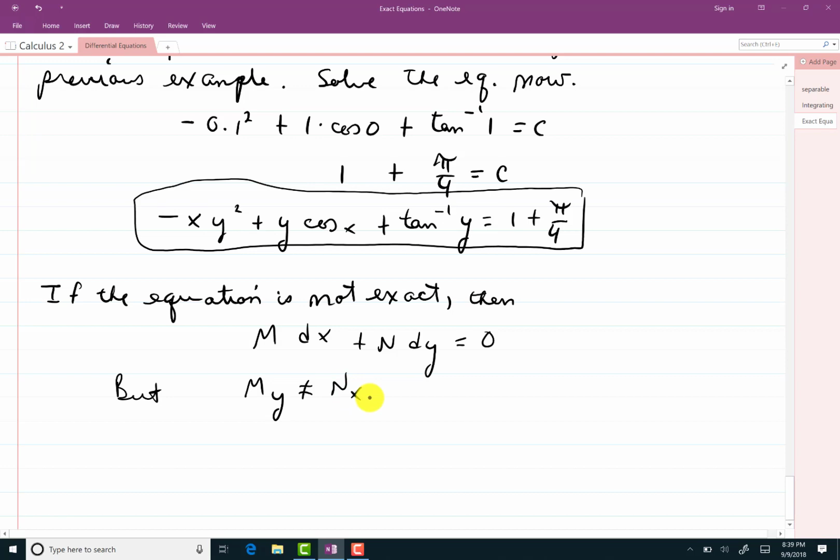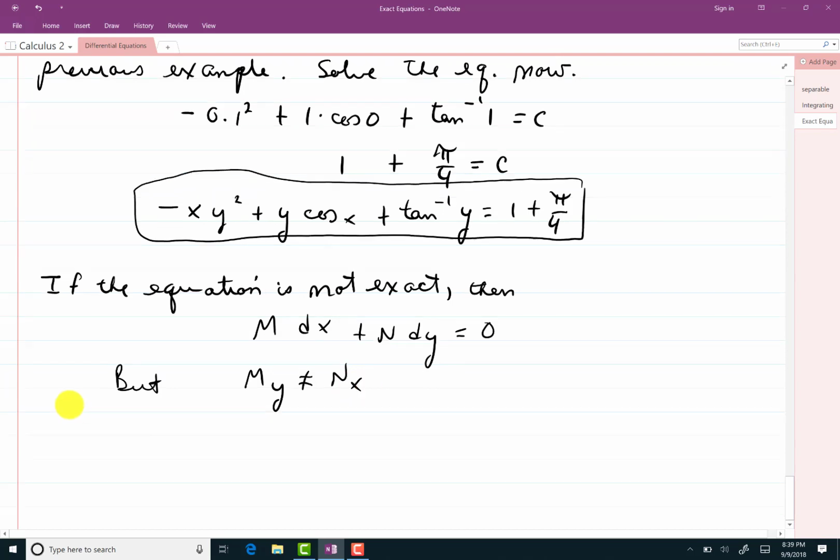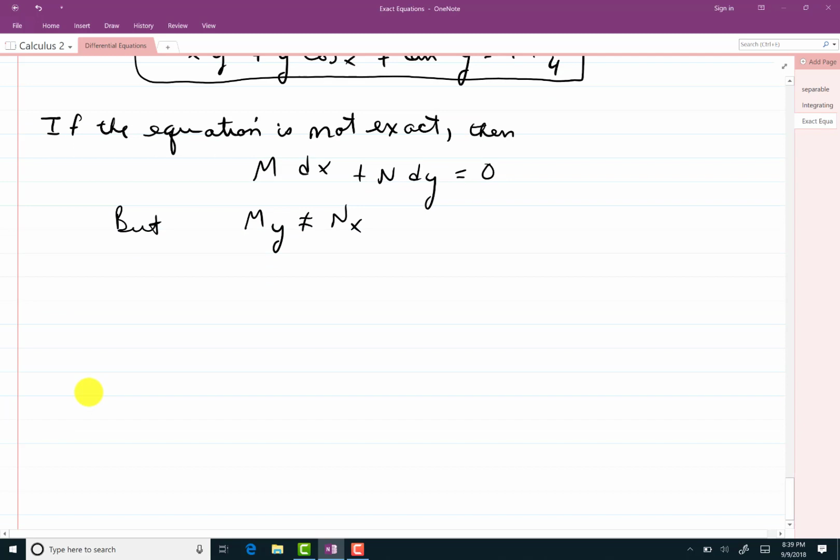We're not completely out. We still have a shot at this. What we can try is we might be able to find an integrating factor,